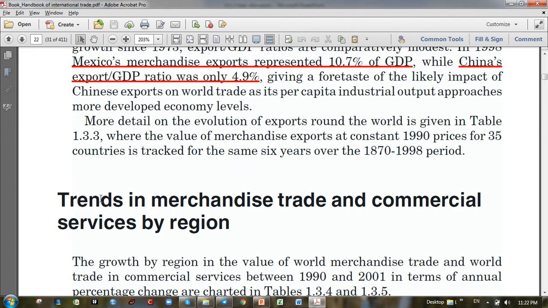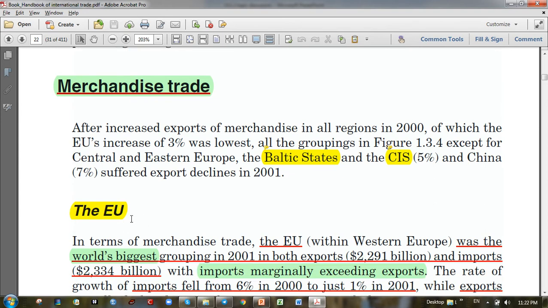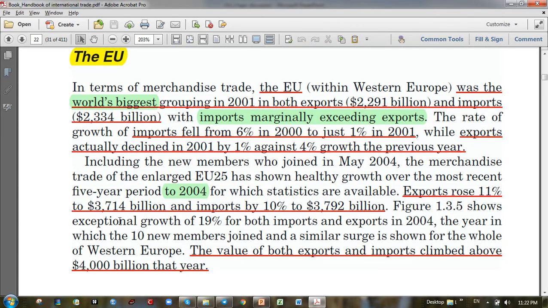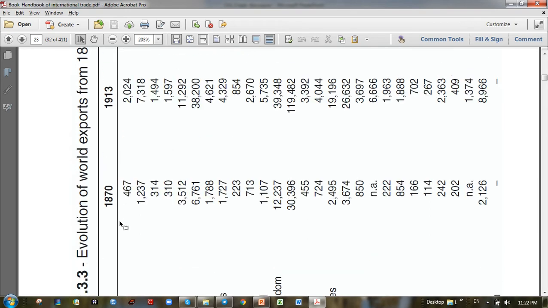Okay. Second point, trends in merchandise trade and commercial service by region. Okay, they split into two. Commercial trade. So as I show in my PowerPoint slide, the first is the EU region. The EU region, you have four tables. Yes, the first here,